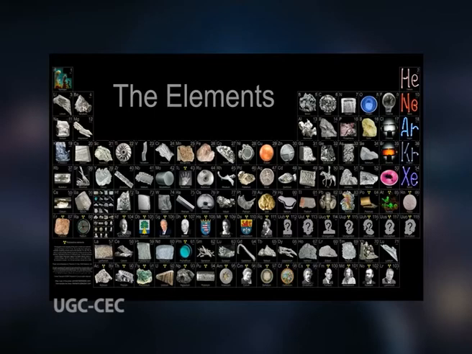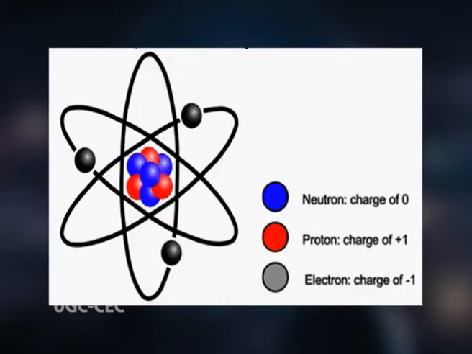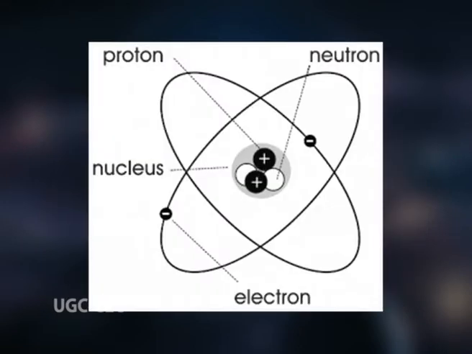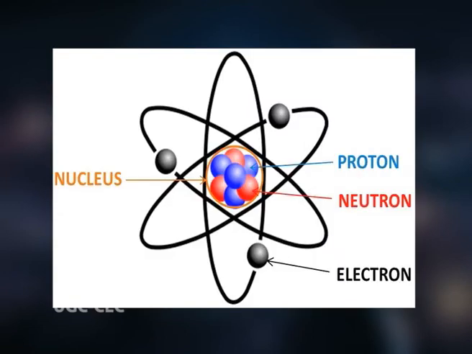Coming to the definition of atoms. Atoms are the basic units of matter and the defining structure of elements. Atoms are made up of 3 particles: protons, neutrons, and electrons. An atom is like a tiny solar system. In the center of the atom is the nucleus, which is a cluster of protons and neutrons. The protons have a positive electric charge, while the neutrons are electrically neutral. The nucleus makes up almost all of an atom's mass or weight.